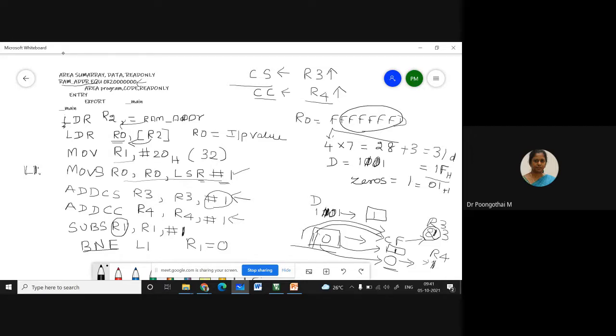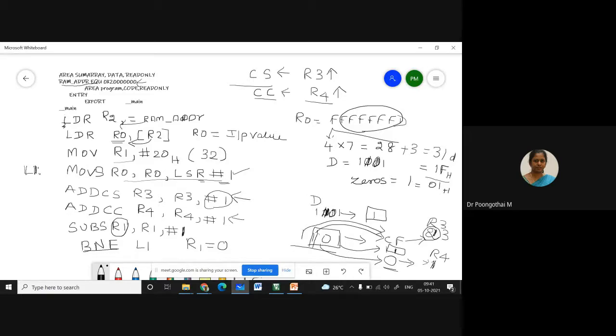Yes or no? Every time I am rotating the bits towards the right direction, so the LSB will be placed in the carry flag. Based on the carry flag setting, if it is set, you have to count the number of ones. Otherwise, you have to count the number of zeros. After every rotation, you have to decrement the count register, and after that, you have to monitor whether the count register value is 0 or not.